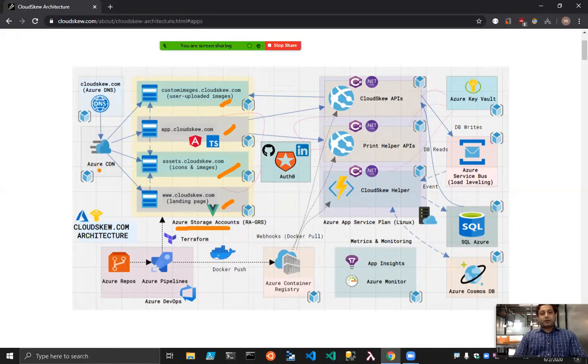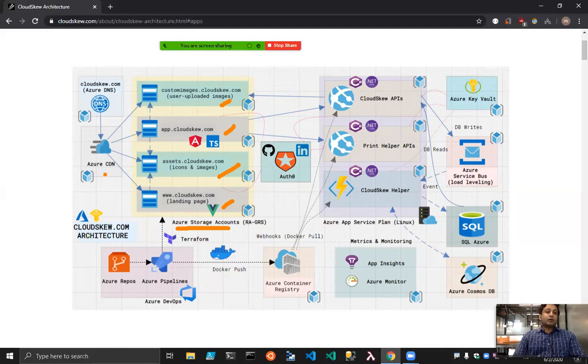Now, of course, we use a CDN to front the front end apps. So the obvious benefit of a CDN is you get caching at various regional POPs and compression. But Azure CDN, in addition, also provides you with URL rewriting rules. So we do HTTP to HTTPS redirection using rewriting rules.